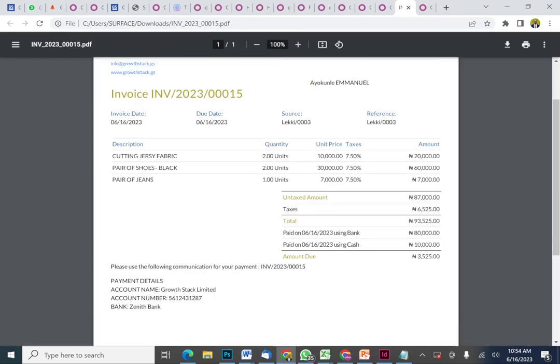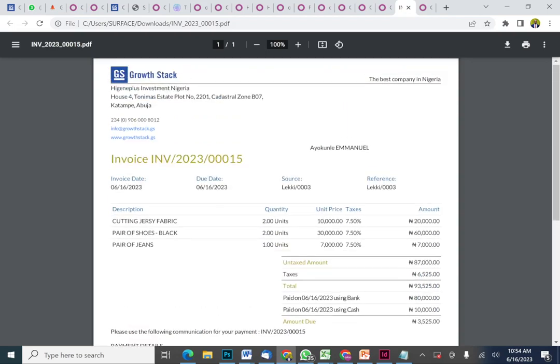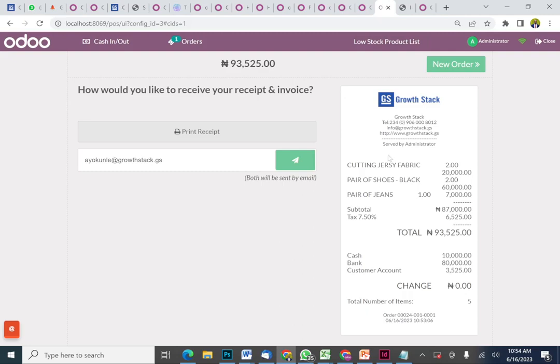You can see the payment that was paid to the bank, the one that was paid in cash, and what the customer is owing us. They are all here. You can see the source of this receipt, the date, and the customer's information. And once that is done,